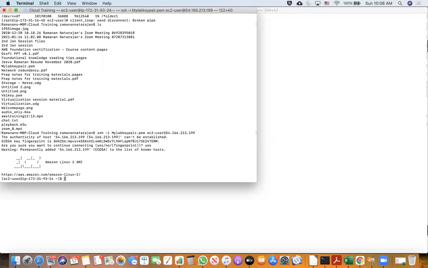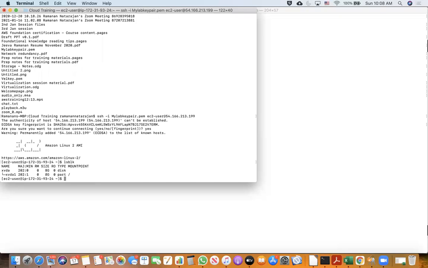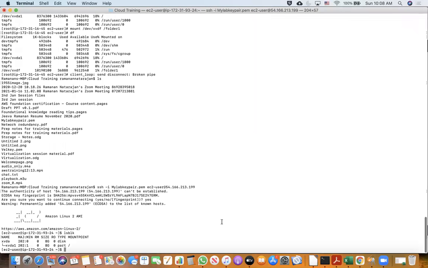So now what I am going to show you is, see, there is one command that we run. This actually says what are the EBS volumes here. As you would have seen, we created what we call a root volume that comes with this particular name, xvda. So this is a root volume.